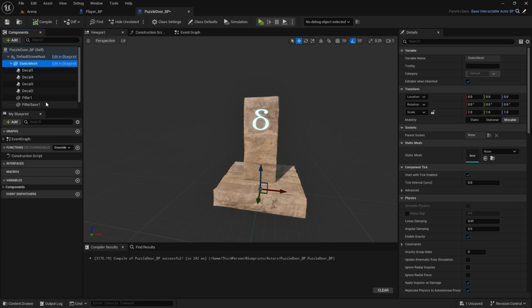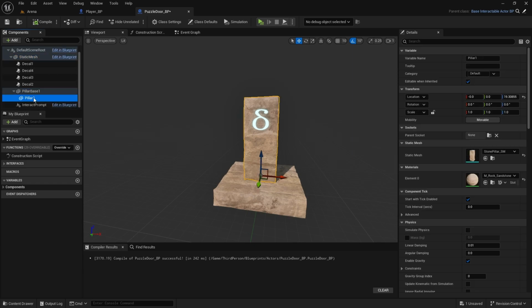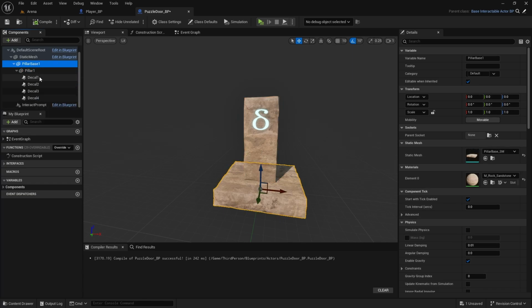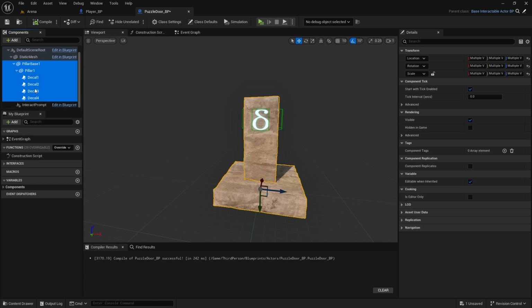So again, pillar goes to pillar base, and these 4 decals, decal 1, pillar base, pillar, decal 2. I just want to have it organized the same way as I had it before, because then it will be a mess. And now we have this, so now you copy the whole thing, and if you select pillar and paste it,